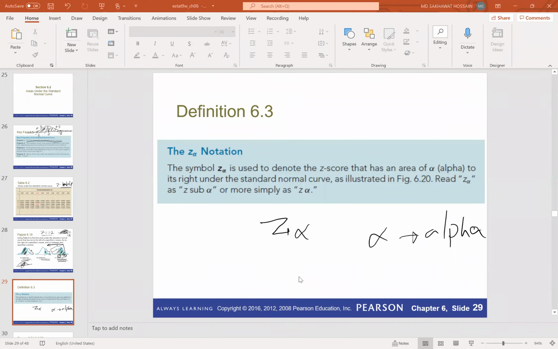Okay. So the symbol Z alpha is used to denote the z-score that has an area of alpha to its right under the standard normal curve. This notation is read as Z alpha. So what does this mean? This means